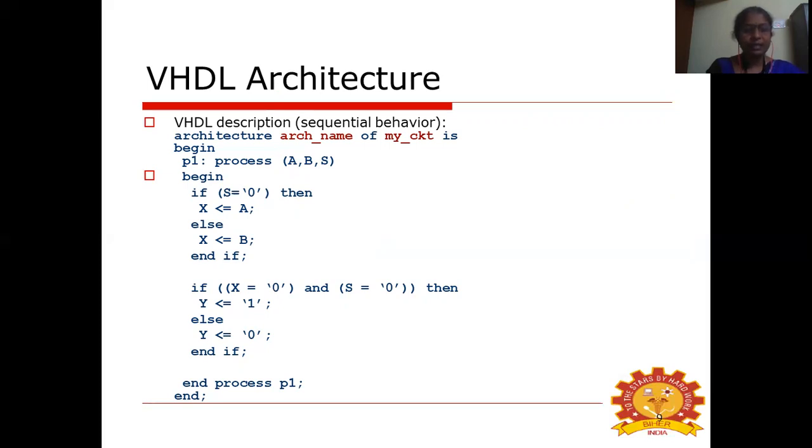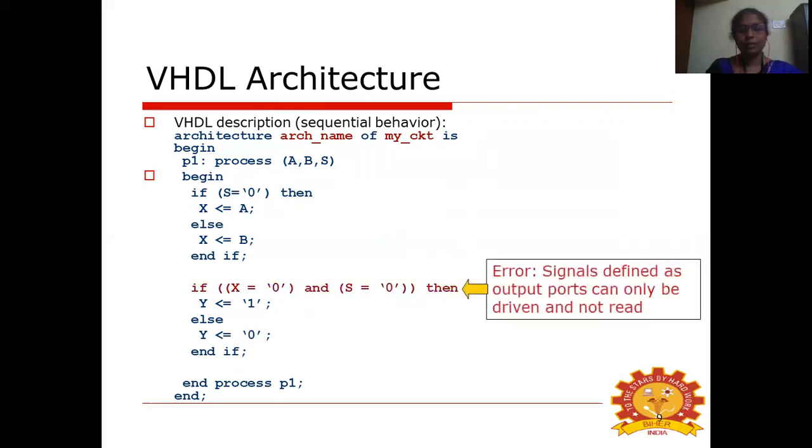Now just see here, X is represented as an output signal, as well as it is checked within the condition. So an error occurs for this program. Signals defined as output ports can only be driven and cannot be read.